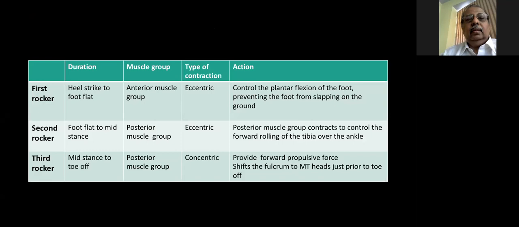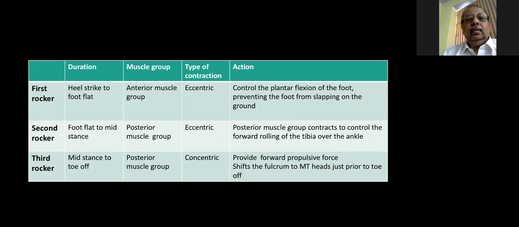from the heel strike to the foot flap. Which muscles are involved? The anterior tibial muscles are mainly involved, mainly the tibialis anterior. What type of contraction? It is an eccentric contraction. Eccentric means it is a lengthening contraction. What is the action? It controls the plantar flexion of the foot and prevents the foot from slapping on the